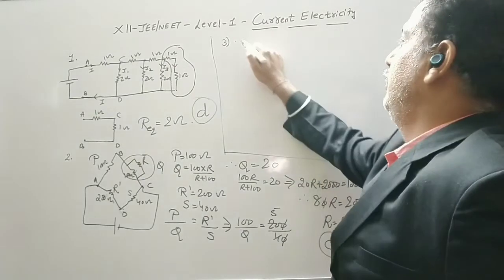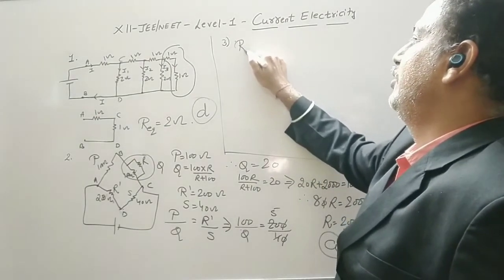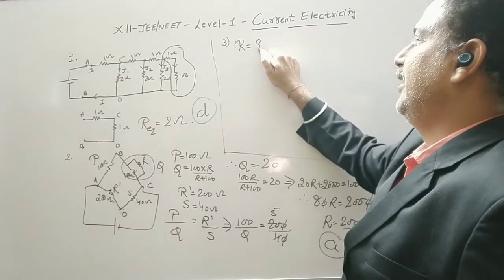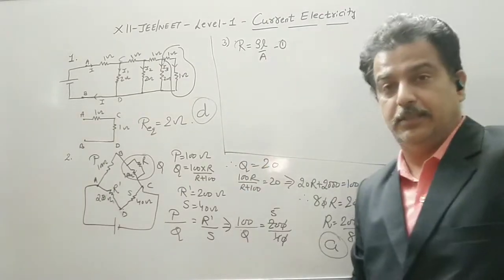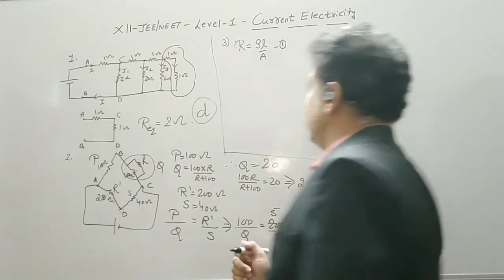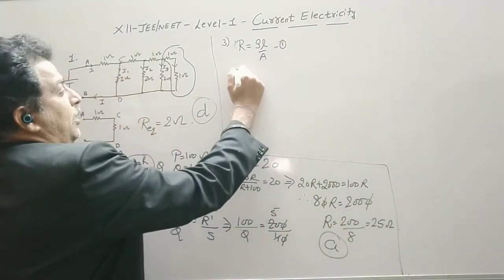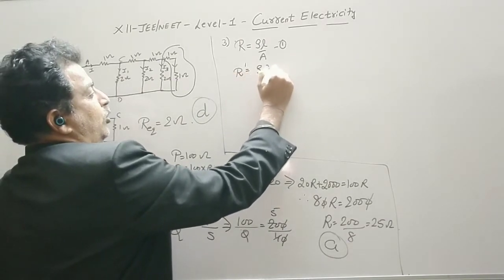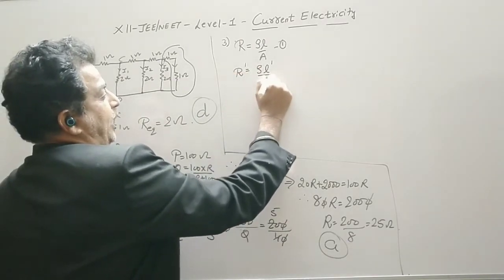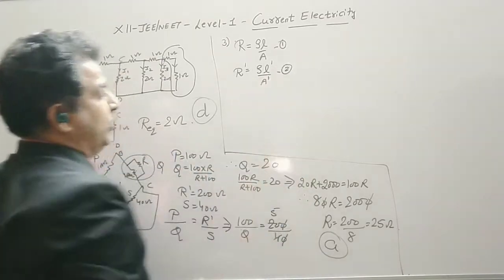First we write the initial resistance to be R, that is rho L by A. This is your initial resistance. Let the final resistance when the dimension is changed be named as R dash. So it can be written as rho L dash upon A dash. So these are the two equations.